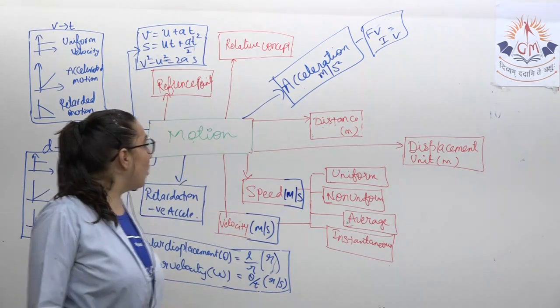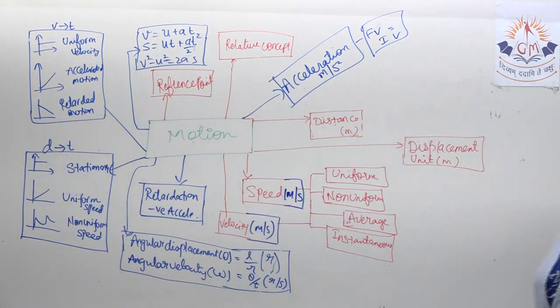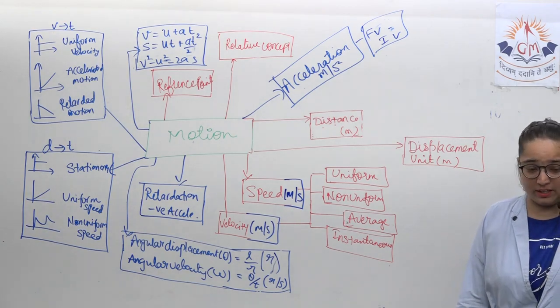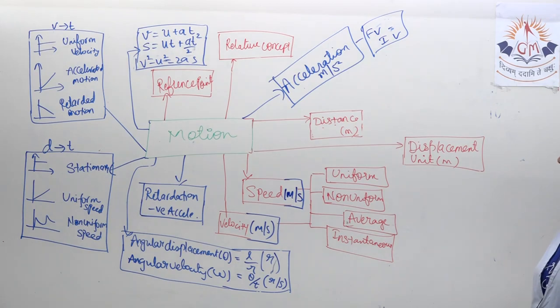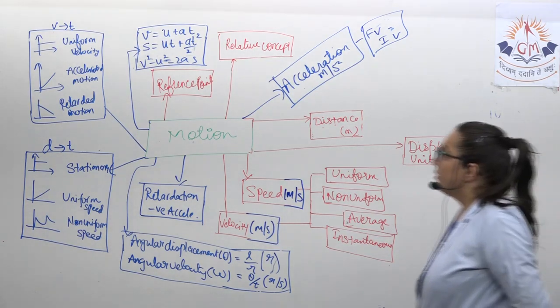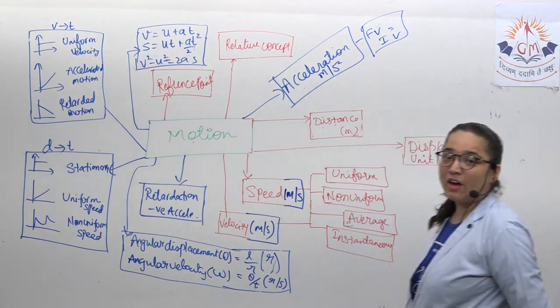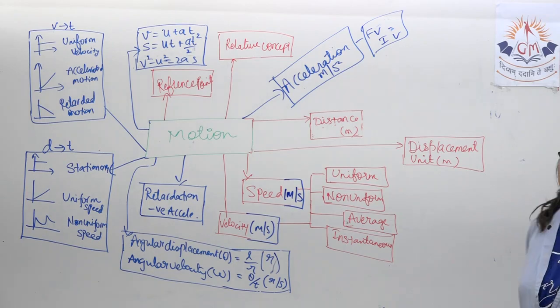Okay? You have 1 minute, I'm moving out. Properly take the screenshot, and if you want to write, then I don't mind. I'm giving you 1 minute if you can write it. This is the memory map of the lesson, that is motion. And I hope that the whole content is now clear, without any kind of doubts, without any kind of problem. I am only saying take the screenshot and do not write now. We are on the verge of completing our lecture.